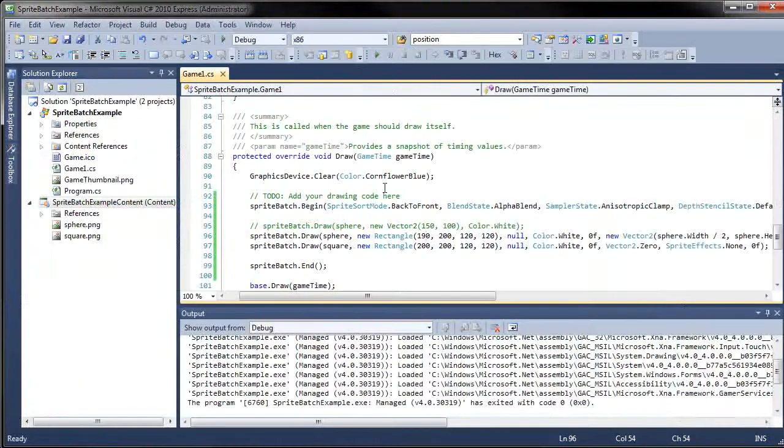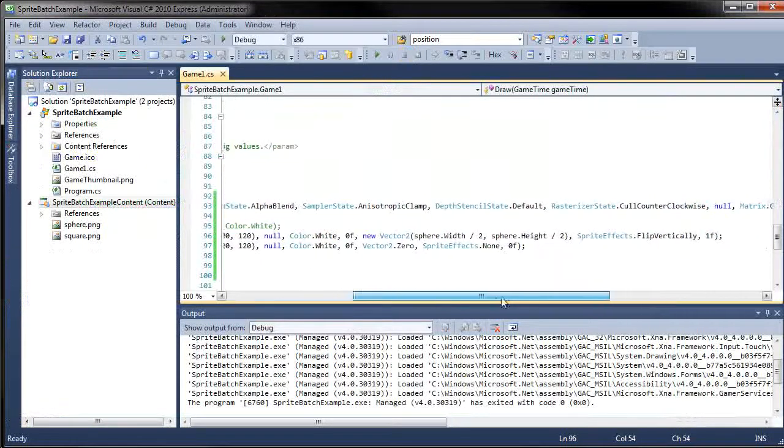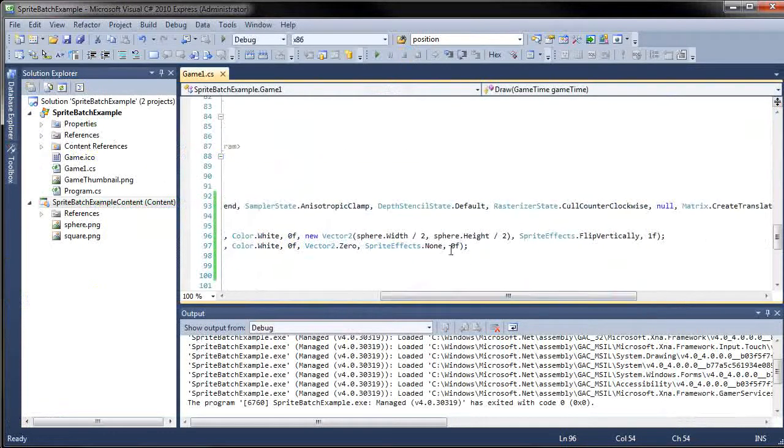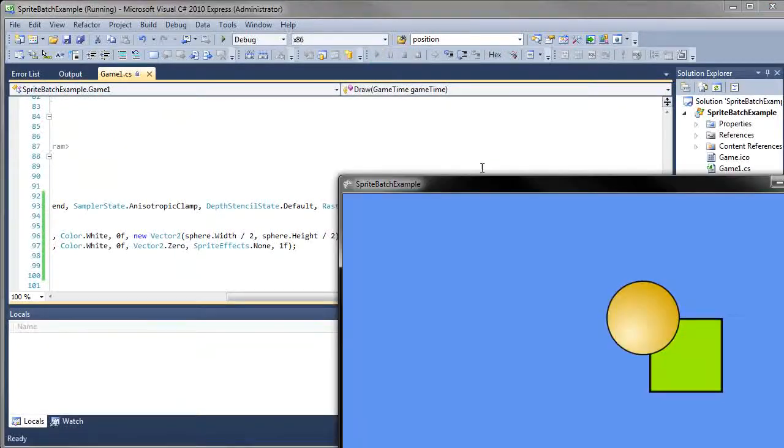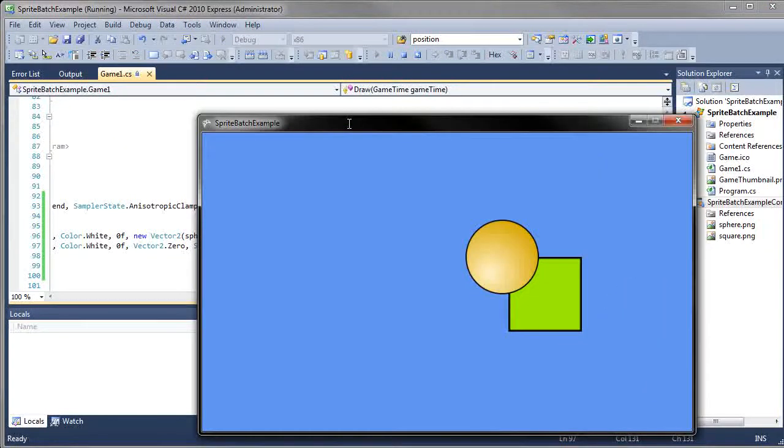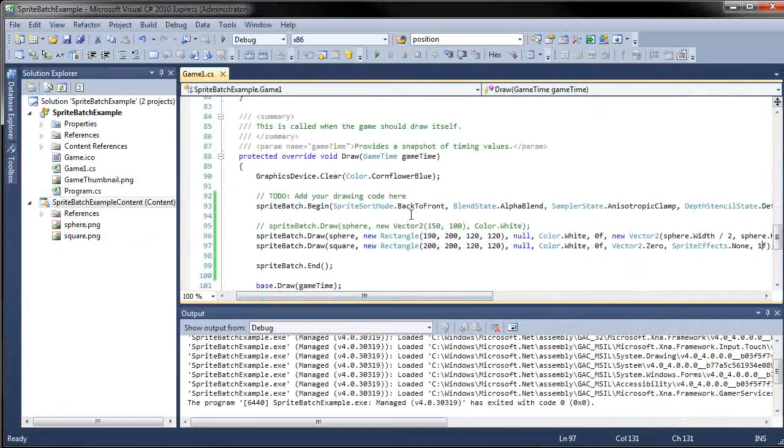Cool. And we can see here we have the back to front, and the square is drawn in front of the sphere because we have the 0f here and 1f here. If we exchange these, now the sphere is drawn in front of the square. Simple as that. And I guess now if we don't touch those values and we change this one to front to back,